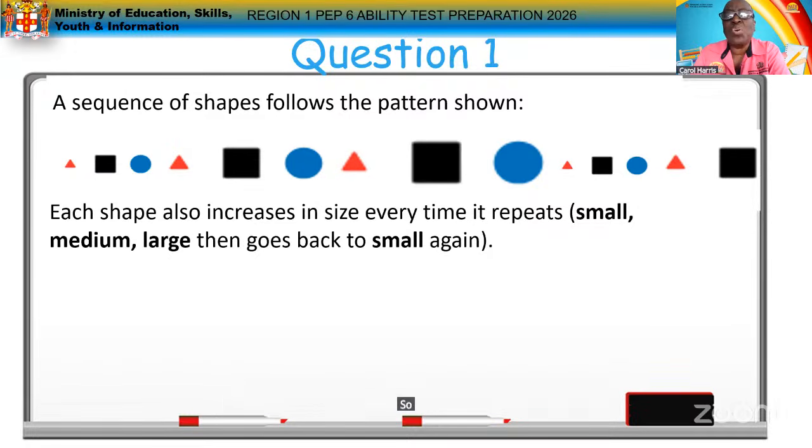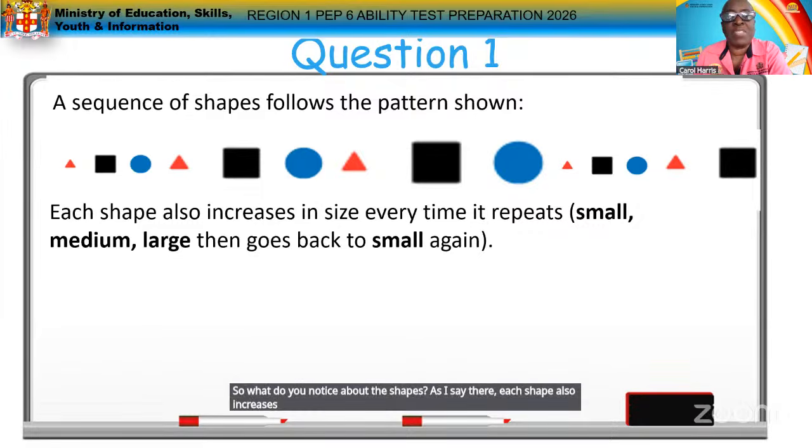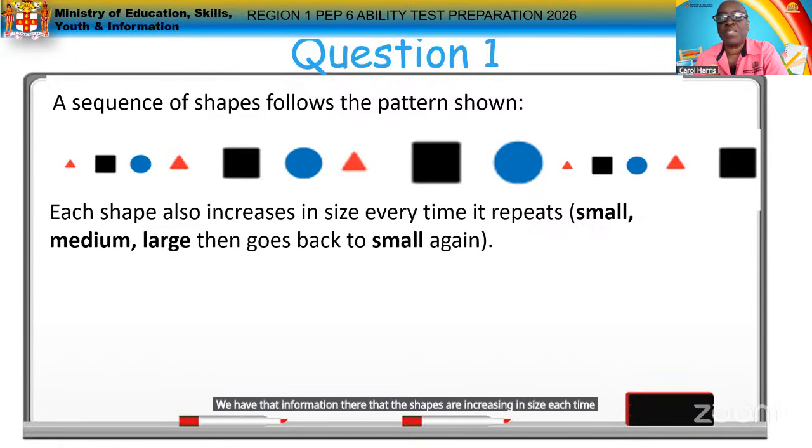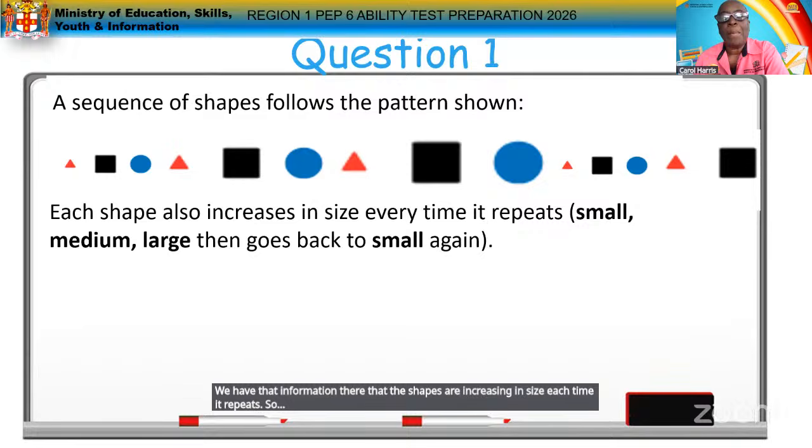So what do you notice about the shapes? As I say there, each shape also increases in size every time it repeats. So tell me some more now. Now that you see that the shapes increase in size, we have that information there that the shapes are increasing in size each time it repeats. So based on that,